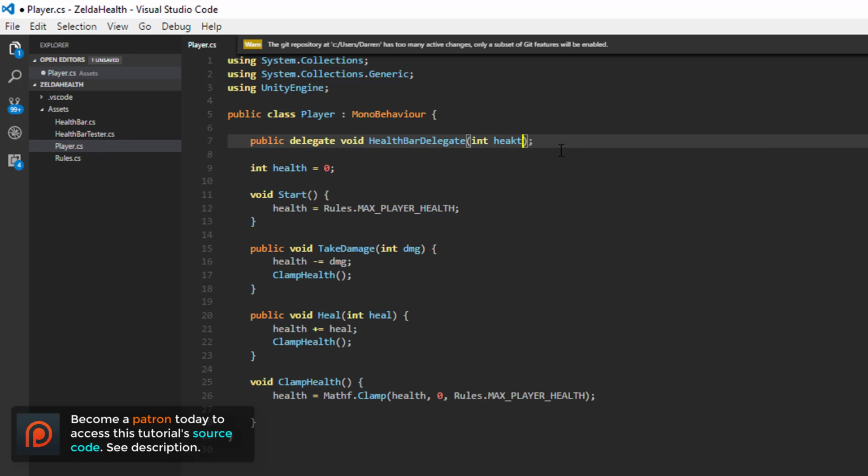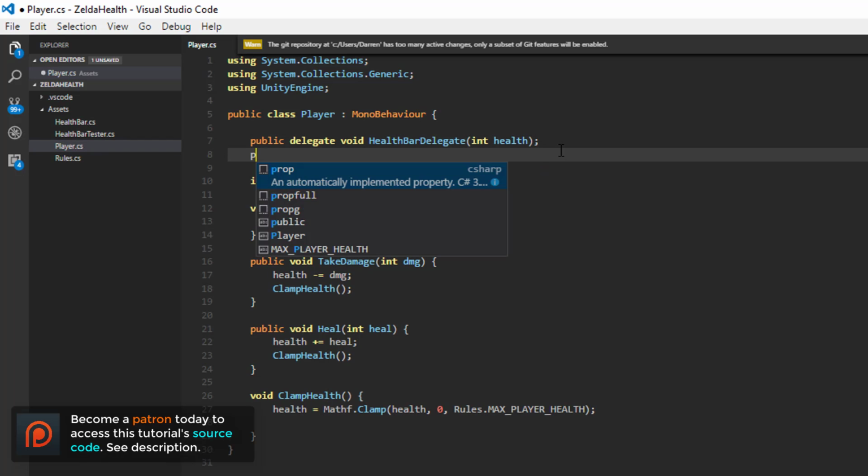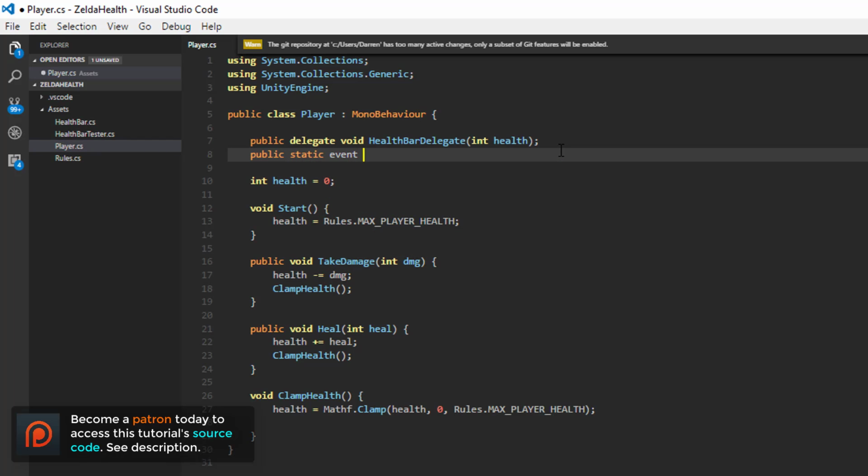So I'm just going to call this health for the sake of readability. Now we also need to create the event for this delegate. So public, we can say public static event HealthBarDelegate OnHealthChanged. And this is the function that other scripts like the health bar will subscribe to in order to receive the